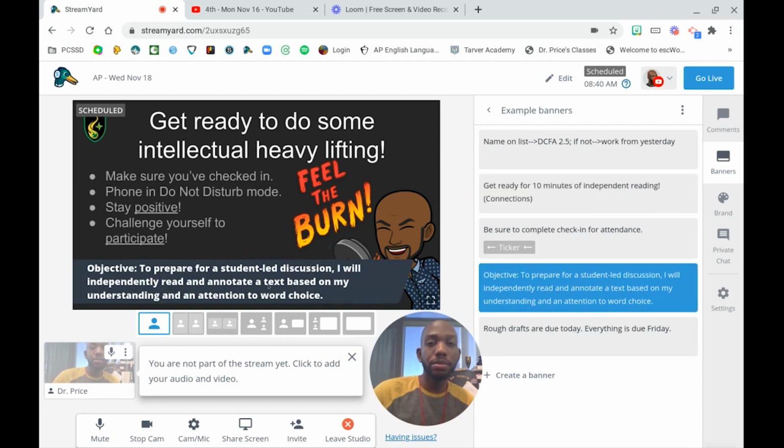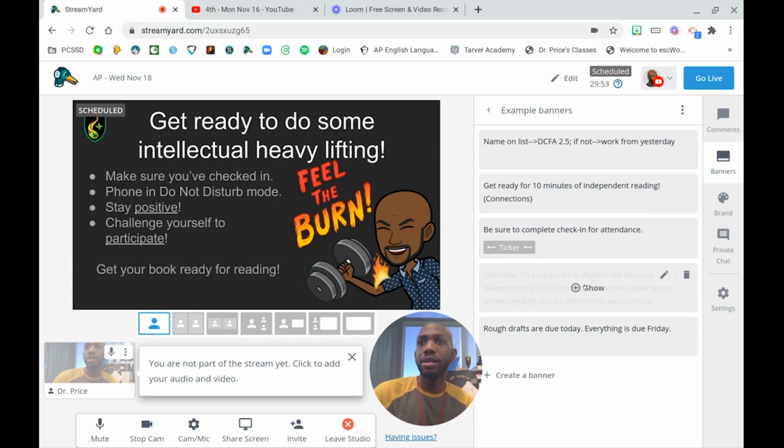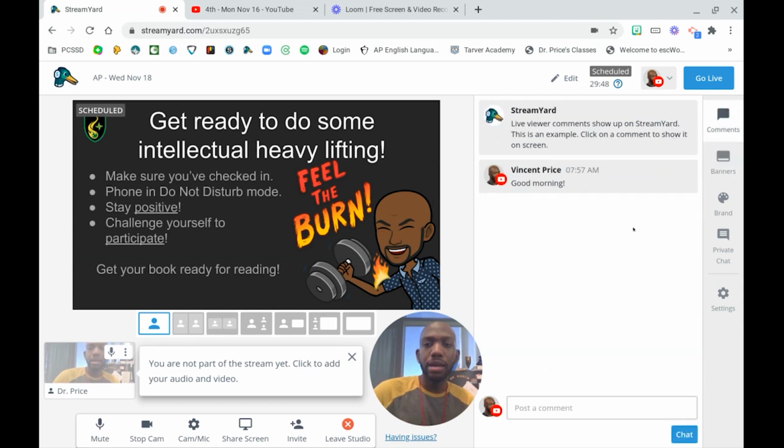I can even post the objective for the day if I want the students to see that. As I'm doing the session, I can easily hide those, just as quick as that. The comments, anytime students are typing something into the chat, this is where I can see it. I think that's pretty straightforward.